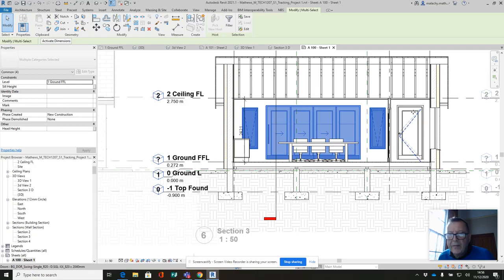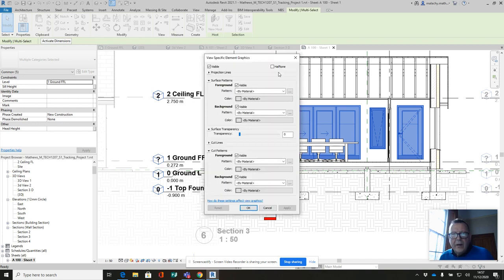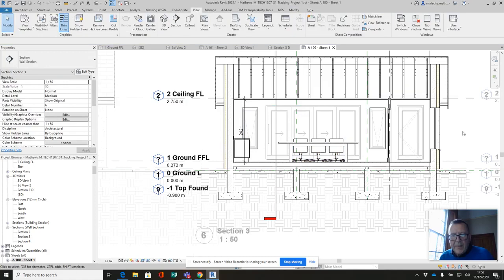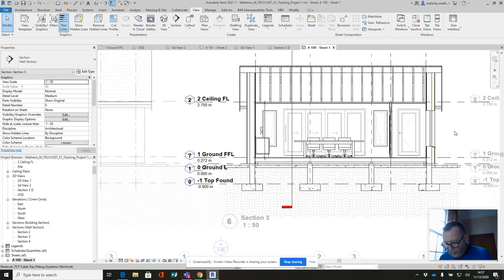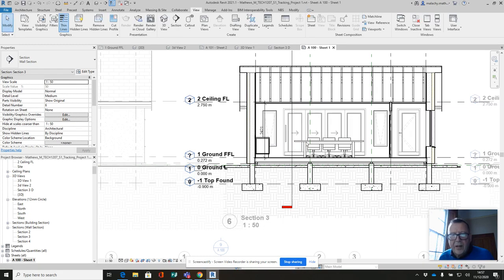So they're in. See if I can grab that. Come on, there you go. They're in the background, and what would graphically look nicer is if they were kind of lighter. So by selecting them, I can go into the override graphics and view by element, and I can half tone these. Right and okay. Now, if you see what happens is that they've got much lighter, which means they're kind of sitting in the background a little bit there, which does help us in terms of the visual that we have on the